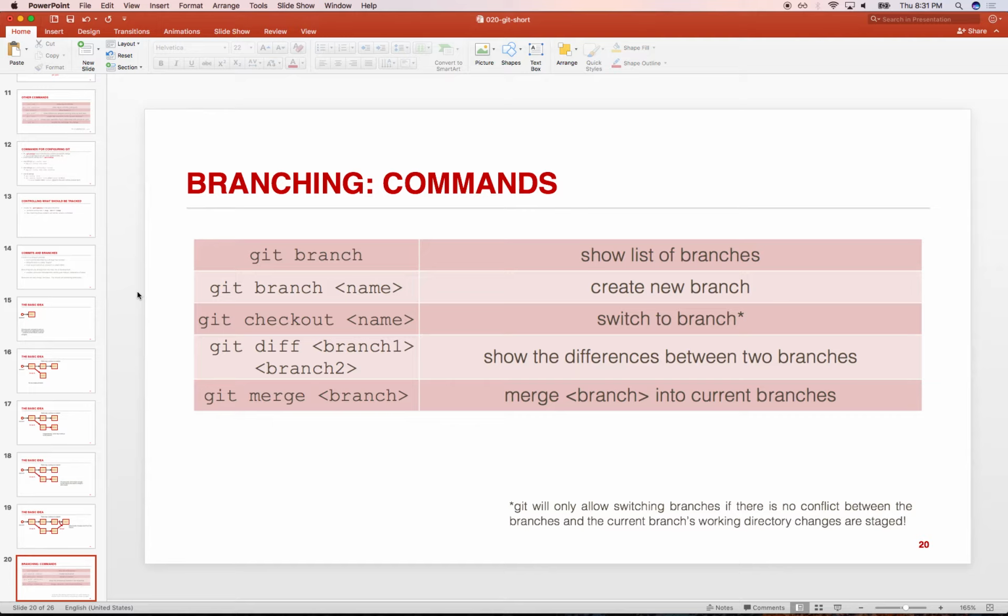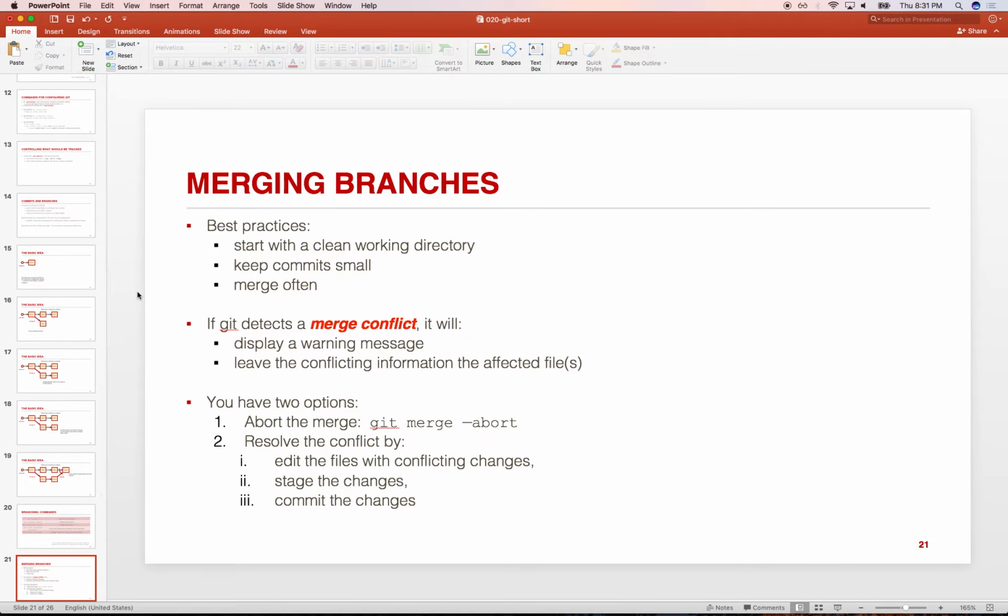And you can also ask for differences. How far have I strayed from master? And you can compare different branches. And then finally, somebody merges. You can go into your branch and say merge that other branch, master, into this current branch that I'm in. So with merging branches, there's always the